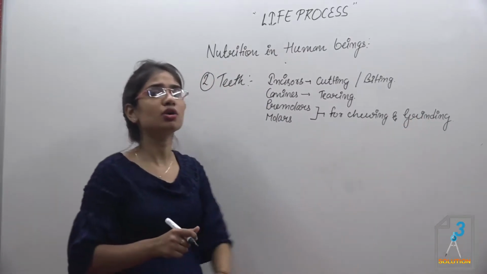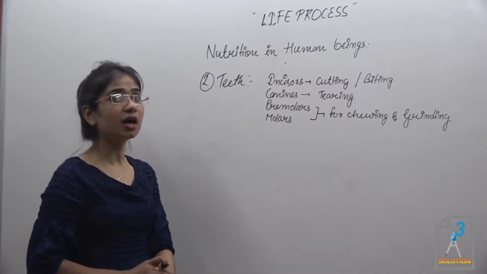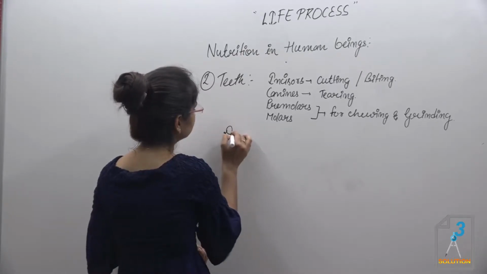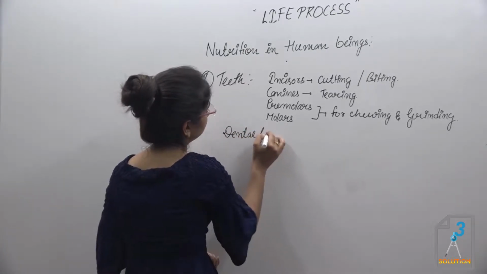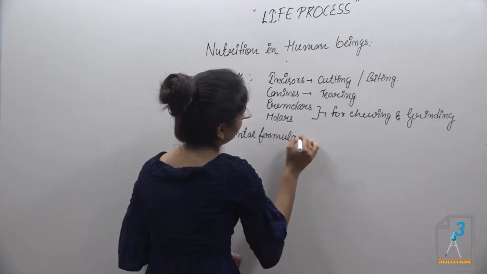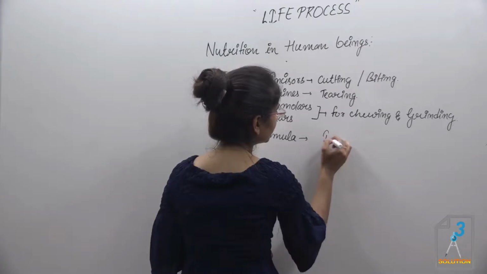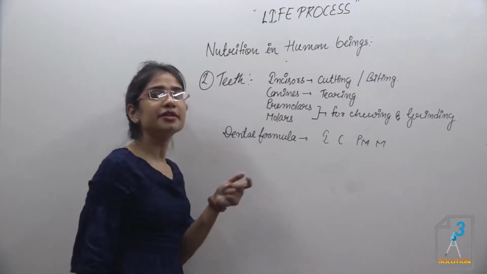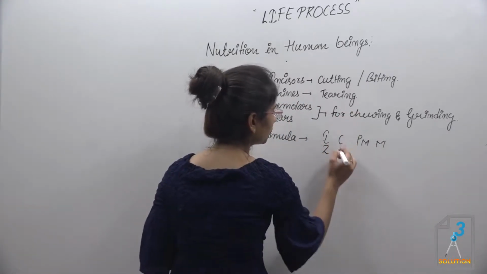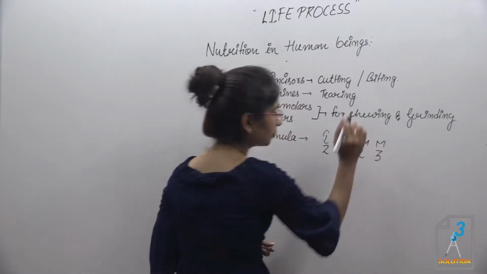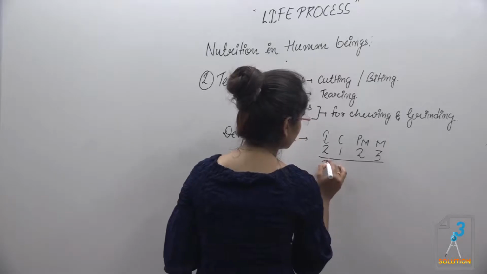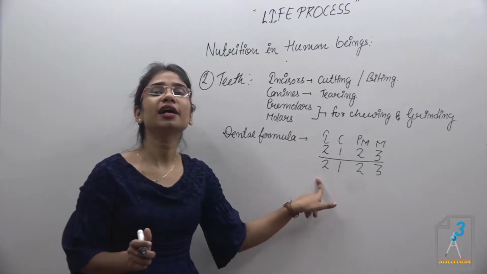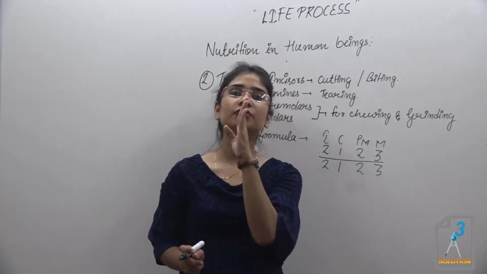Okay. Next, what is the dental formula? If we are asked in exam, what about the dental formula? What are we going to write? See, the dental formula is incisors, canines, premolars and molars. The way to write the dental formula is 2, 1, 2, 3, and again 2, 1, 2, 3. Okay, so the dental formula is designed for half of a portion of the buccal cavity